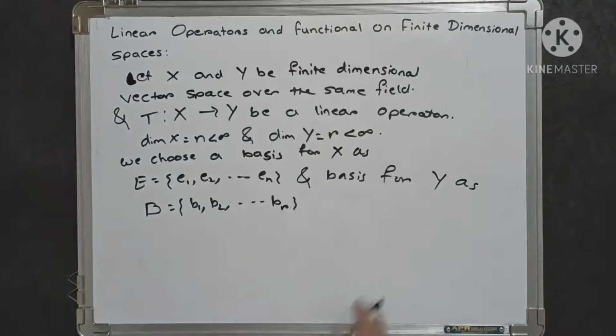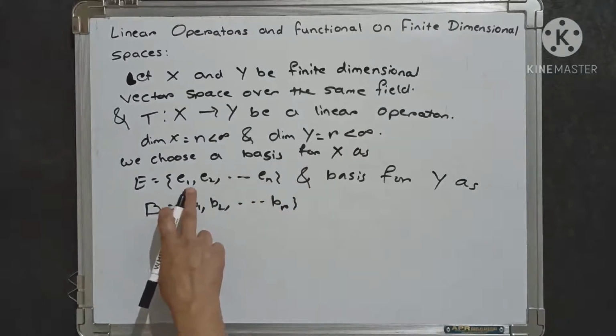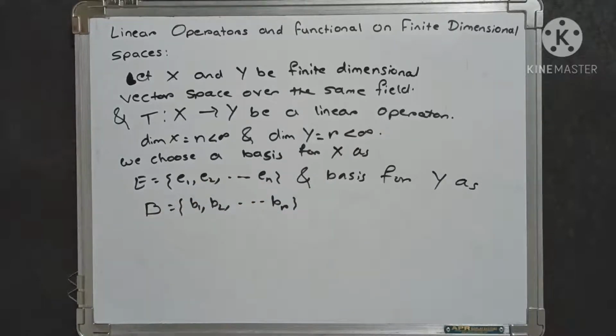This is the basis for capital Y. The basis for capital X is E1, E2 up to En, with the vectors arranged in a definite order which we keep fixed. That is very important for us,